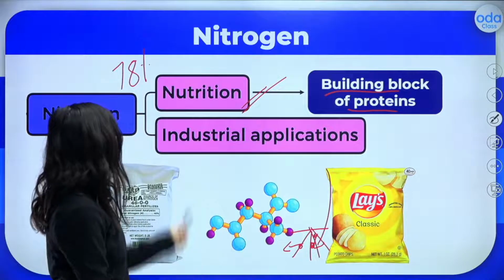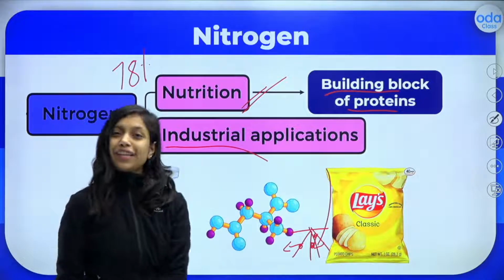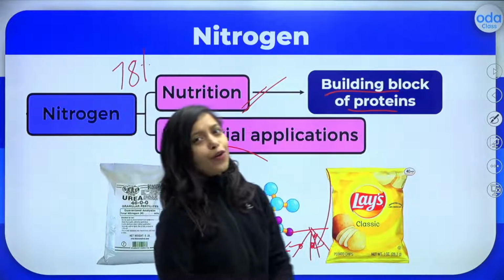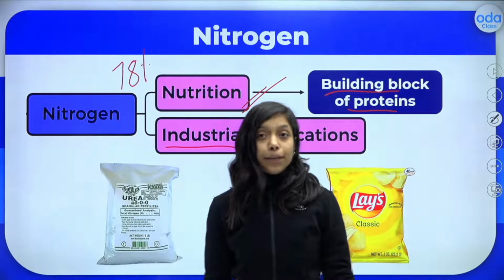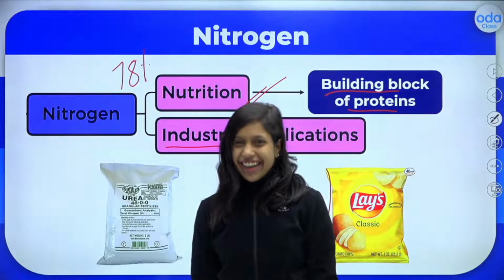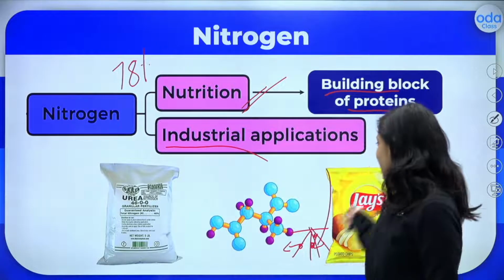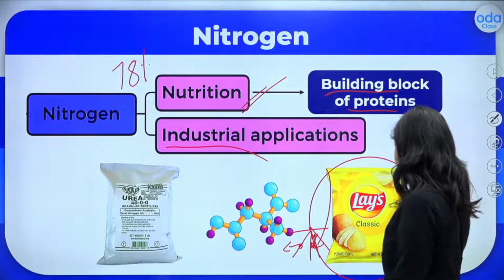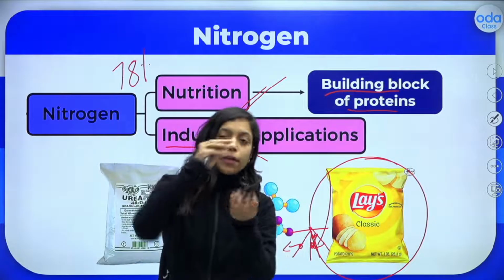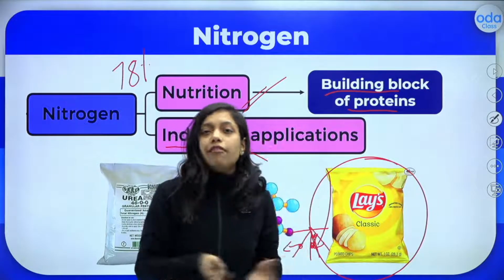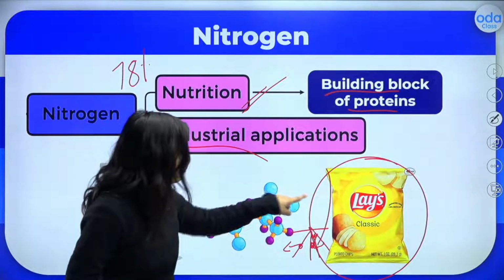Second thing, it is used for industrial applications, right? How many of you love to eat junk like Lays, Kurkure, Bingo, all these things, right? Exactly. If you have seen, especially the Lays packet gets trolled for that, right? इतना बड़ा पैकेट में इतू सा लेस मिलता है बाकी सब हवा होता है. Yes, that is